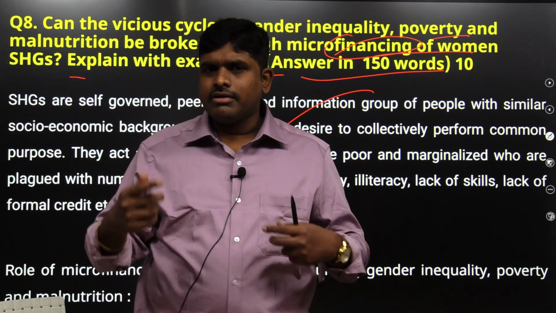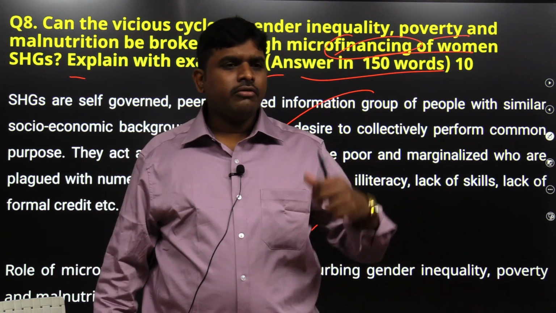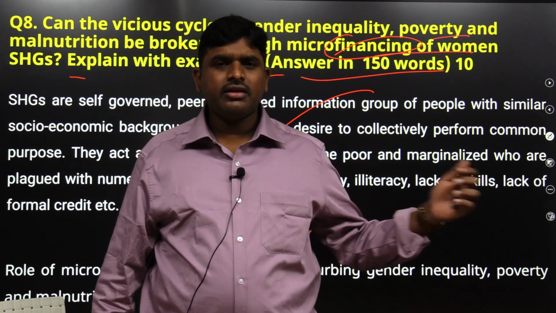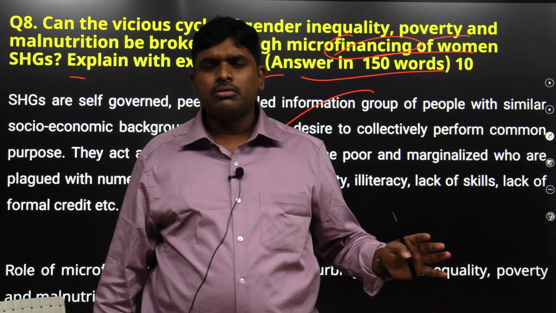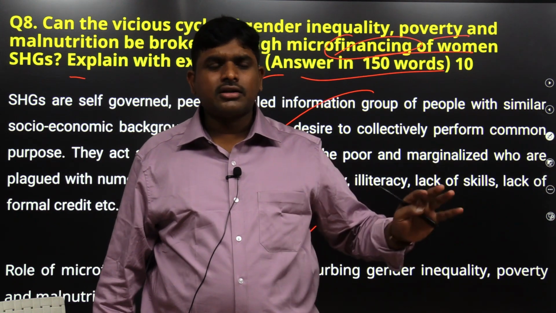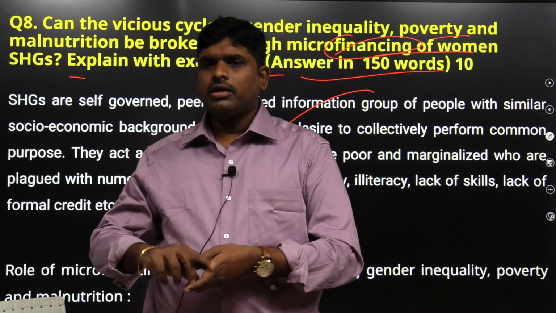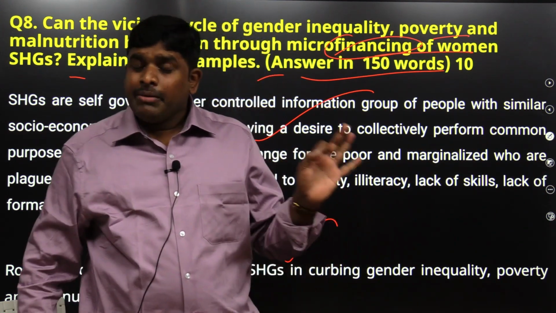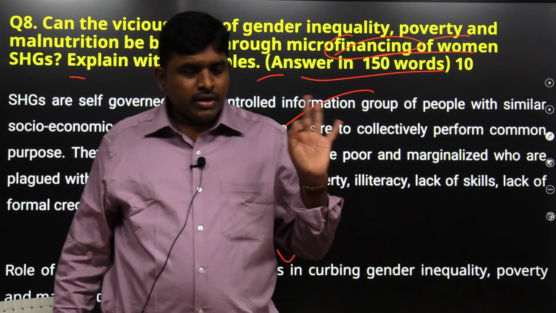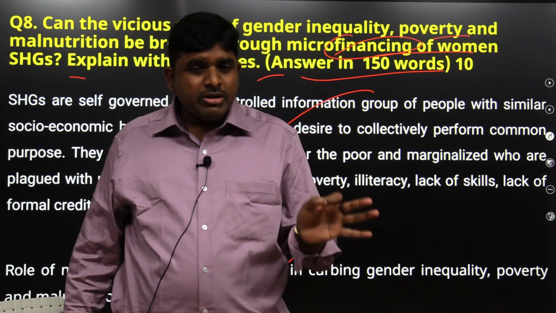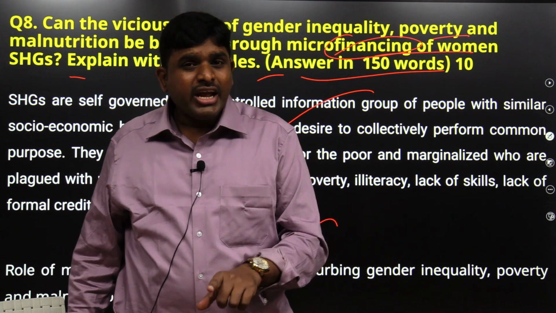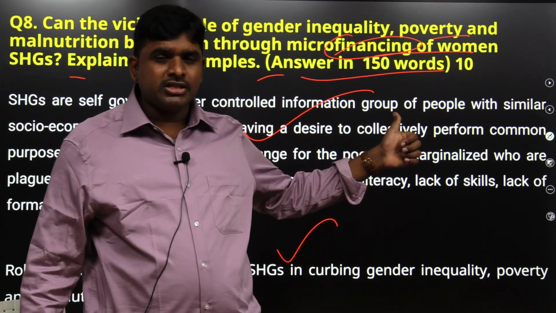So they will come and give what you want. Sir, I have to pay fees for my son, or I have to buy this agriculture motor, or I have to buy this tractor, machinery. Okay, we are going to give you the money. So the immediate requirements of the members of the self-help groups are overcome very quickly because of this microfinance institution.